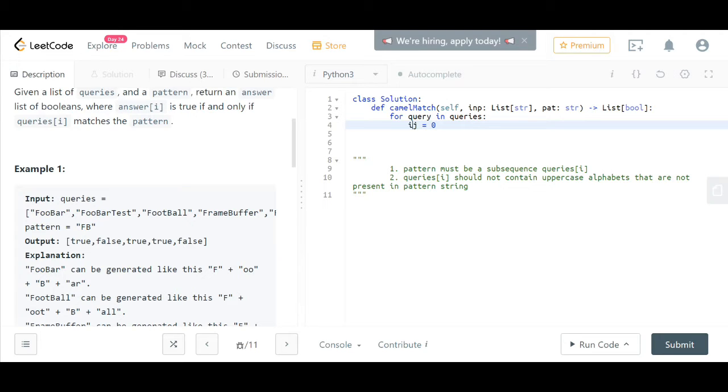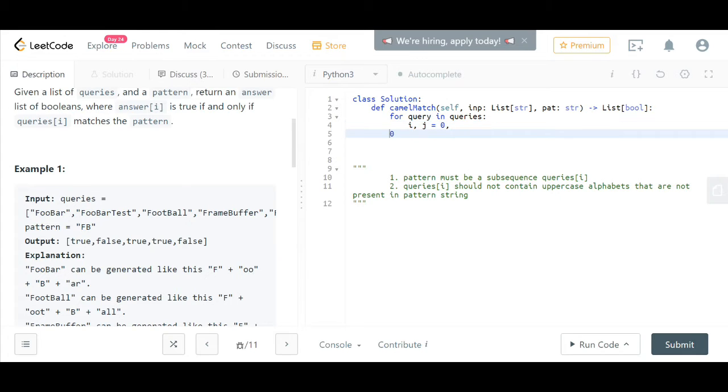I'm taking indices. After that, sorry, not a for loop, it should be a while loop, while i is less than length of query and j is less than length of pattern.